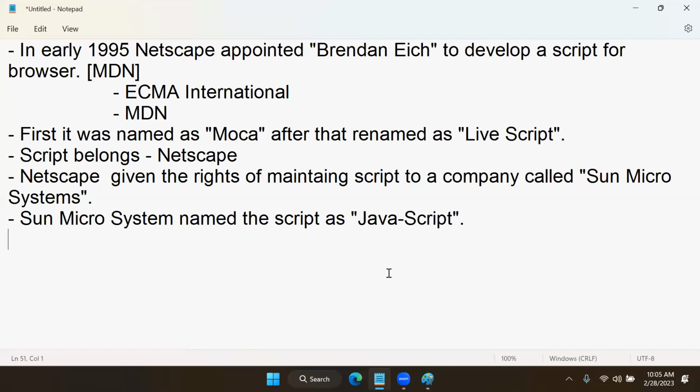So how did the name JavaScript come about? Actually, its name was Mocha. After that, it was named LiveScript, originally developed by Brendan Eich. And after that, it was maintained by Sun Microsystems. After that, in the early 2000s, Netscape company stopped its services. The Netscape company completely closed, and they gave this JavaScript